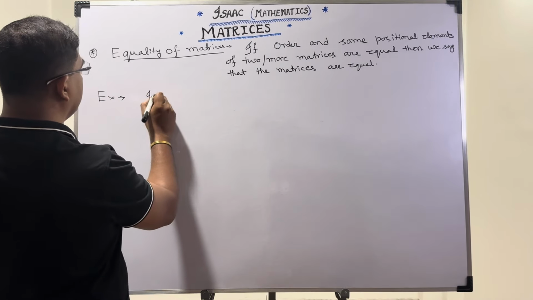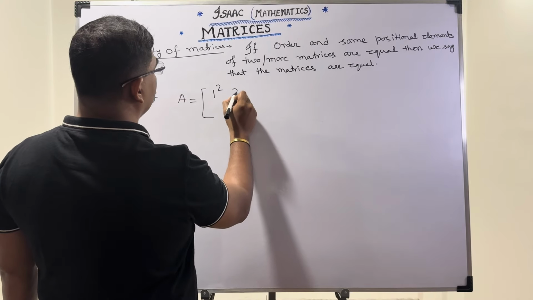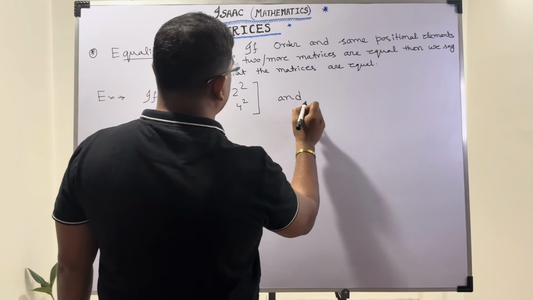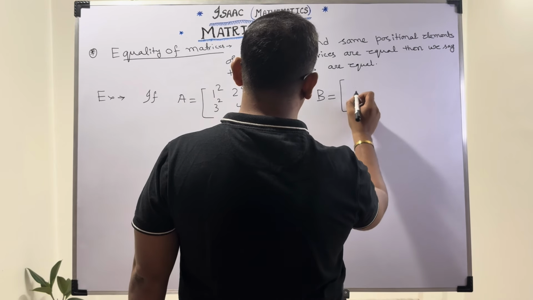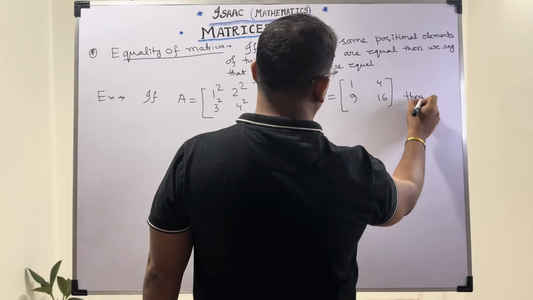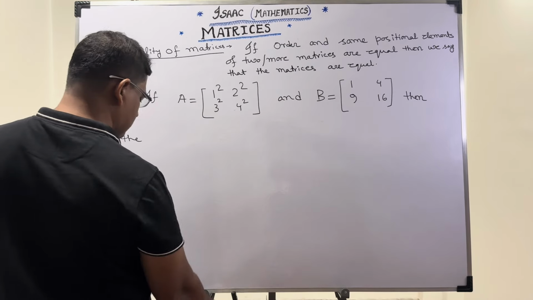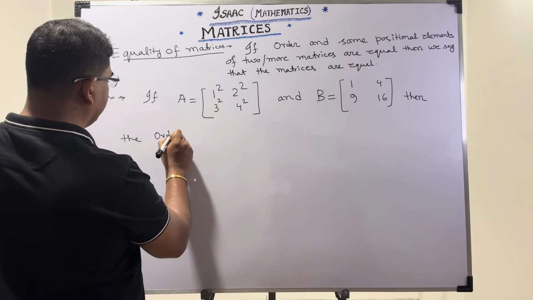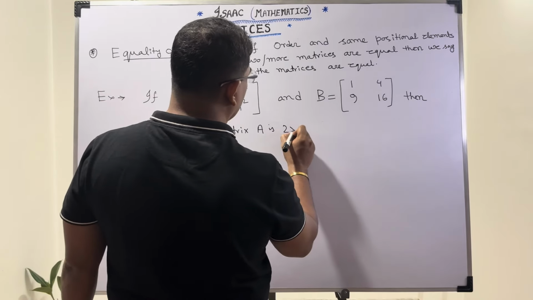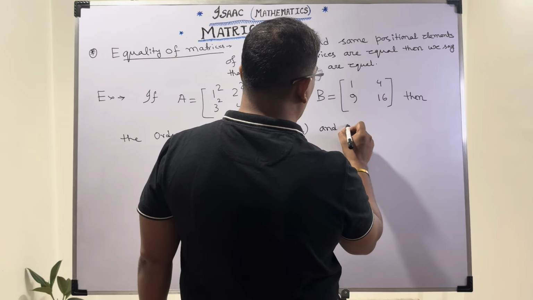Example, if capital A equals 1 square, 2 square, 3 square, 4 square, and capital B equals 1, 4, 9, 16, then the order of matrix A is 2 by 2 because it has 2 rows and 2 columns, and the order of